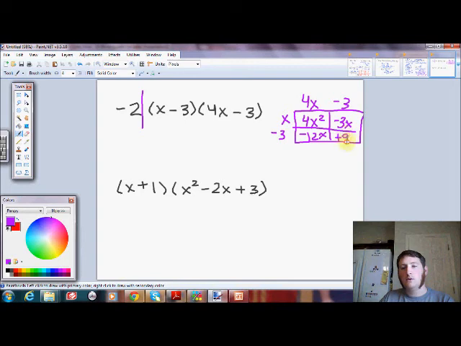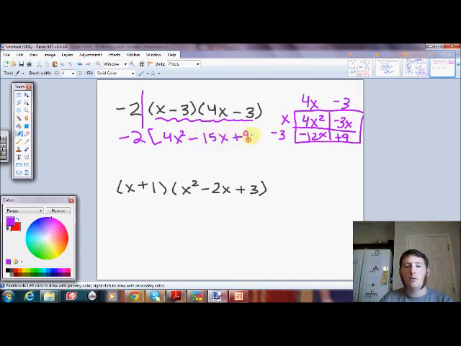And so we can write that this problem becomes negative 2 times, and we're going to replace all of this with what we got over here, and we'll go ahead and combine like terms since we can. So 4x squared minus 15x